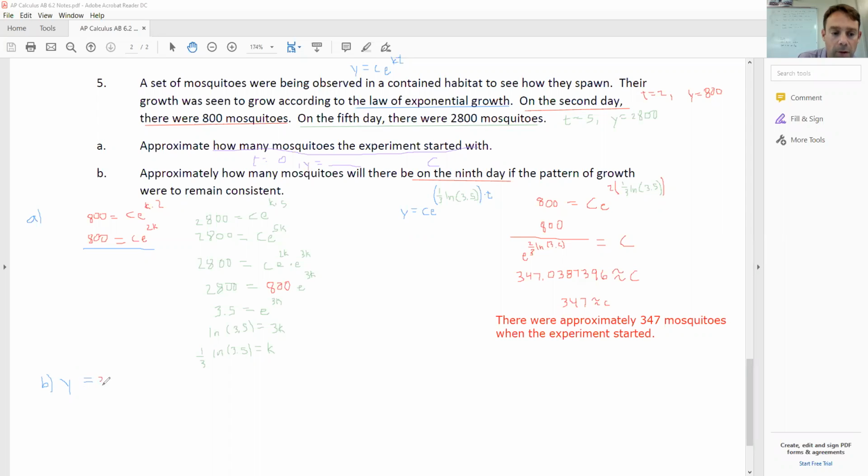And again, if I was on the AP test, I'd leave this as C because I already defined what C was. I wouldn't keep rewriting it over and over and over again. But just so there's no confusion on the video, I'm going to go ahead and rewrite it. And then we have our e raised to